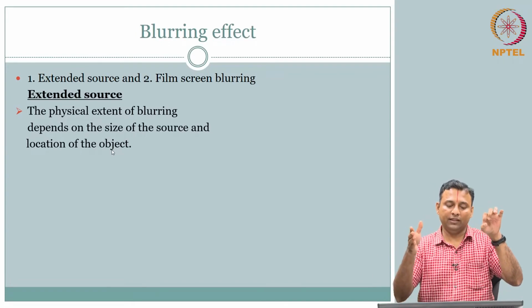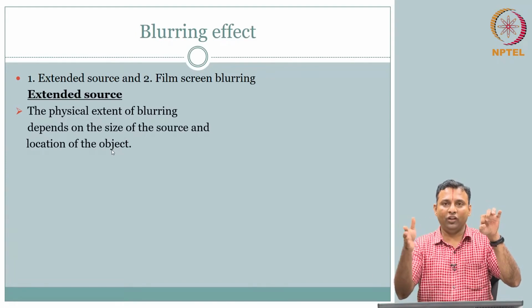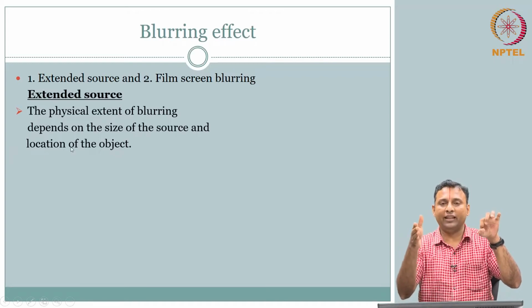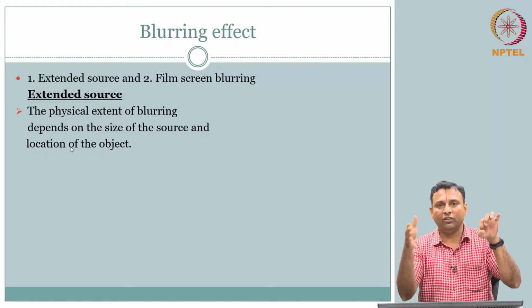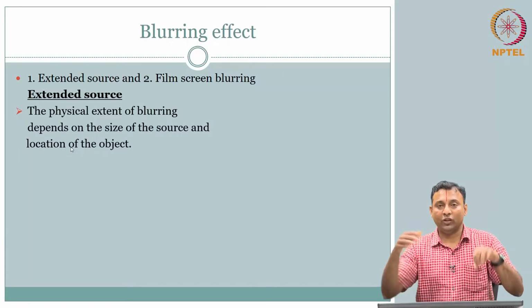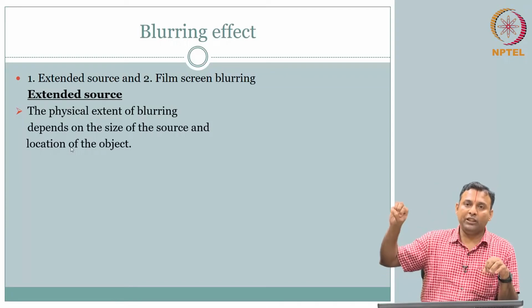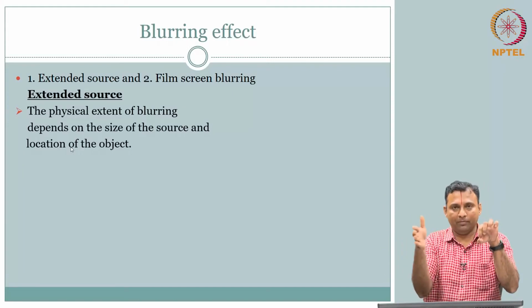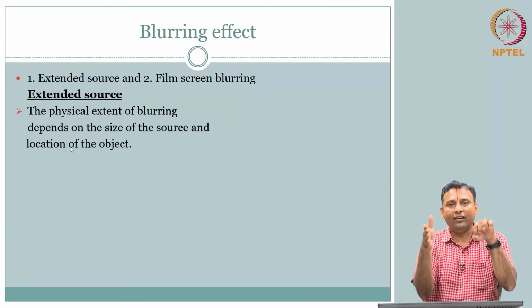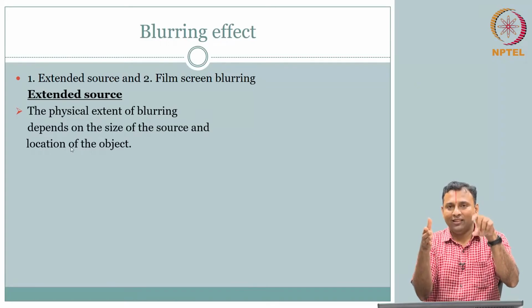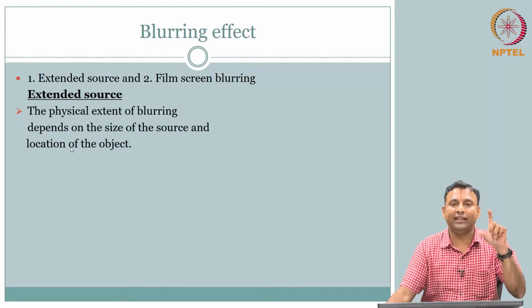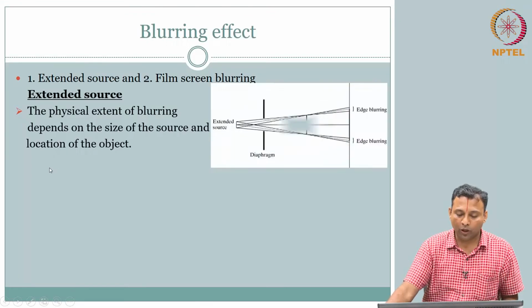Now, the question is magnification. We already talked about the location of the object and the blur that happens because of where the location is. So, in the image that you see, if you see blur, it could be because of the object dependent magnification or because of the source not being a point source, or the source being an extended source. So, let us look at what we mean by that.